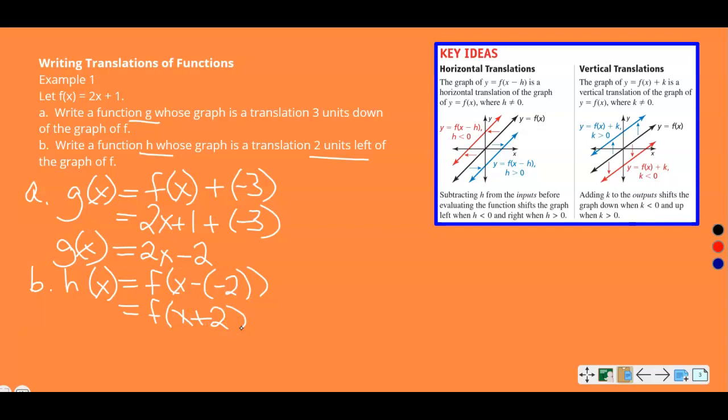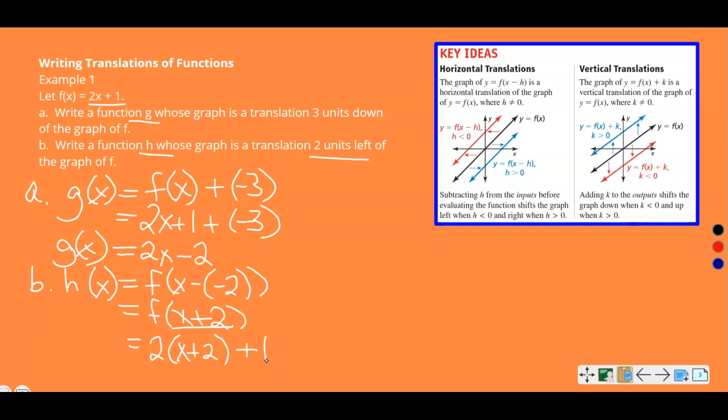All right, now we can take the function. Our original function here, f, is 2 times x plus 1. So instead of 2 times x, we're going to put our new value here. So we're going to have 2, and again, this is coming from f of x, 2 times x, but instead of x, we're going to have x plus 2 because we're plugging in our new value from right here. And then we still have the plus 1,